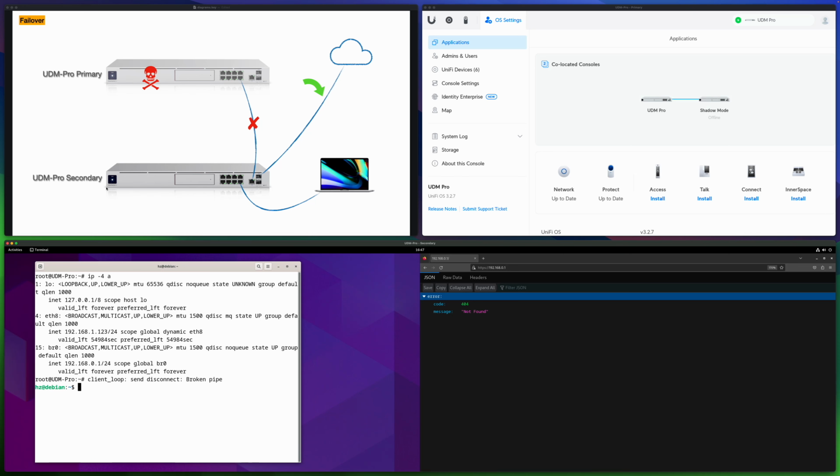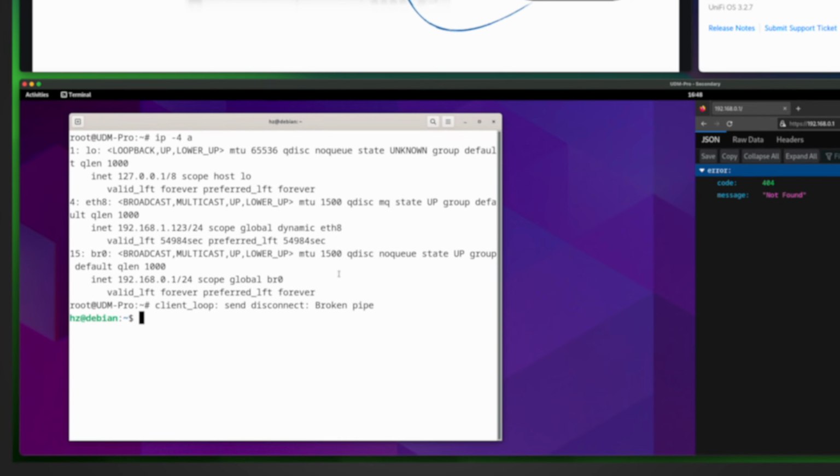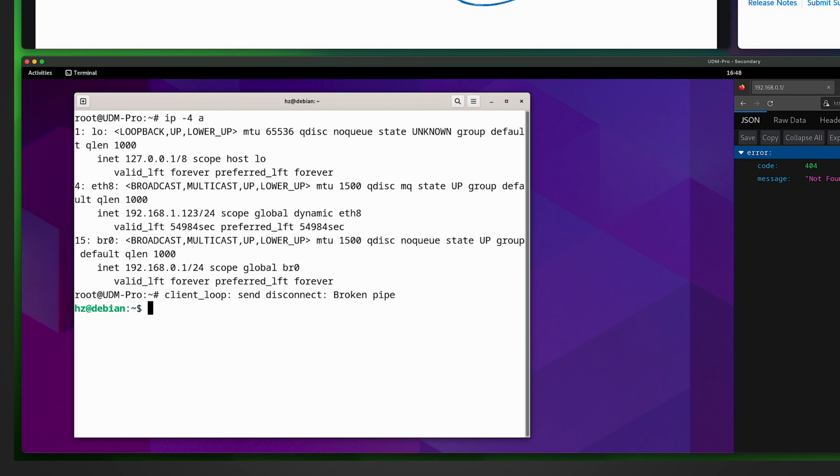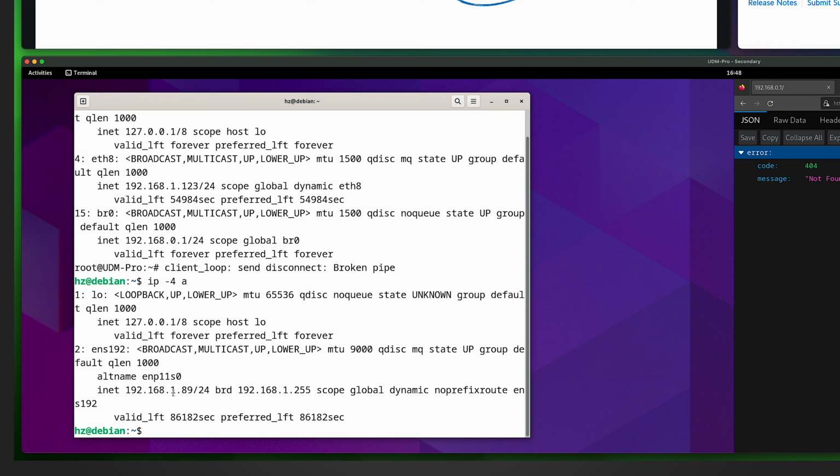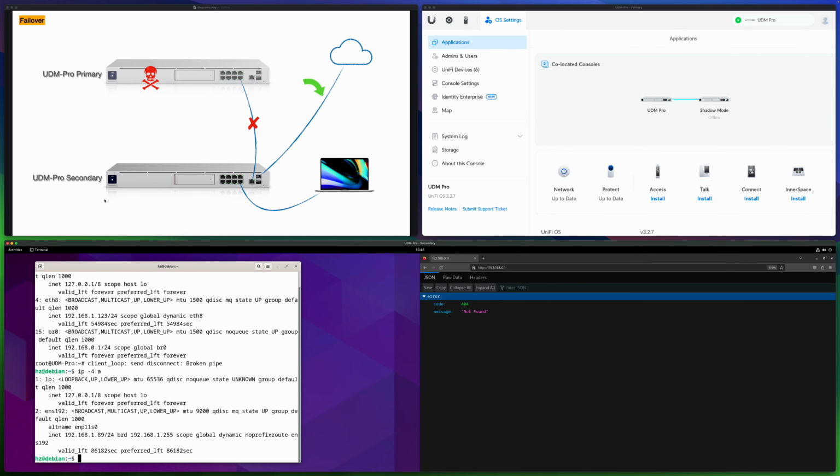Let me connect to the secondary UDM Pro. Let's see what's the configuration over there. This is the computer I connect to the LAN port of the secondary UDM Pro. Let me see what's the current subnet. See, it's .1. Even though at this moment, I don't think the second UDM Pro should have the active configuration. It should go back to the shadow mode. Apparently, it didn't happen. So the secondary UDM Pro still has the network configurations, which became effective during the failover